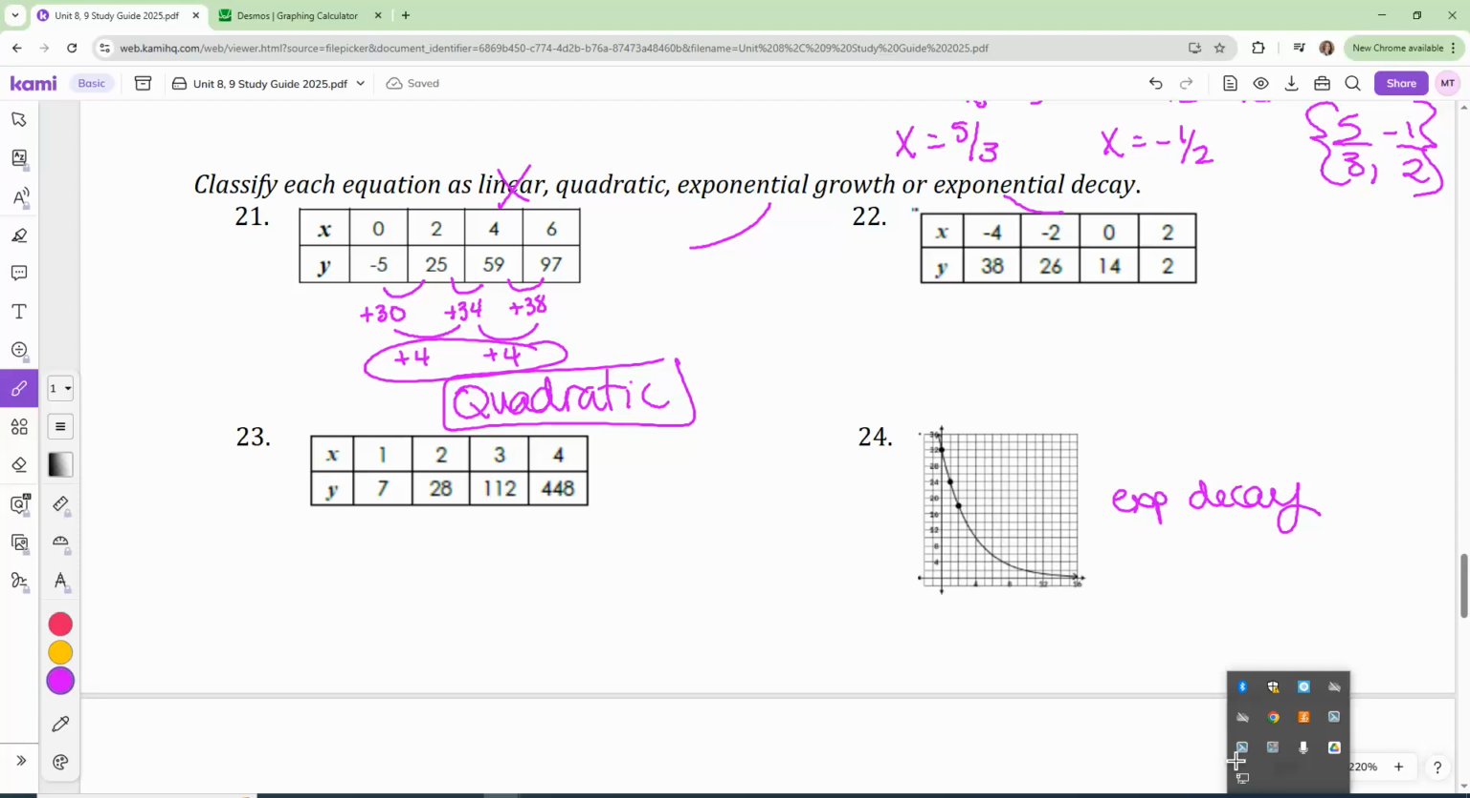When I look at 22, how do I get from 38 to 26? 12. To get from 26 to 14, subtract 12. From 14 to 2, we subtract 12. If those are the same, that's the first difference, so we call that